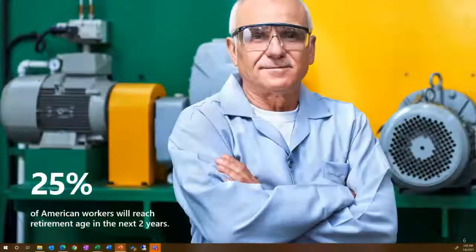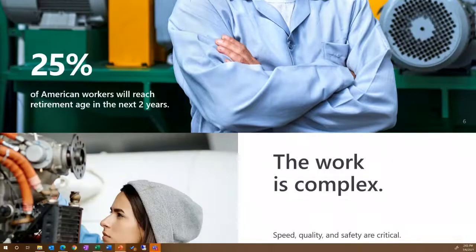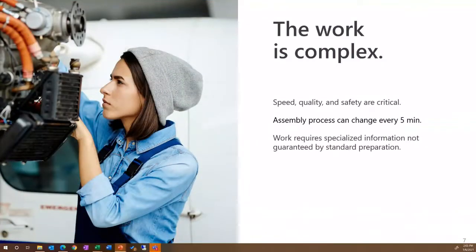So experienced workers are retiring and taking with them the experience that they have in problem solving that they've developed over decades. And new workers are losing their on-the-job mentors that they used to have. Production lines are high pressure. Minutes can matter, but errors can oftentimes be costly for the bottom line and for the safety of your personnel. Once employees are onboarded, it can take months or even years to get those new employees up to speed.